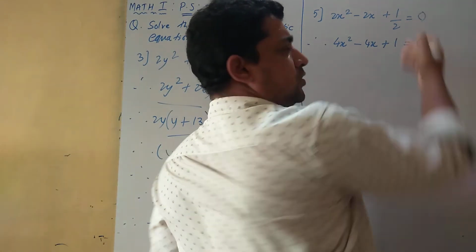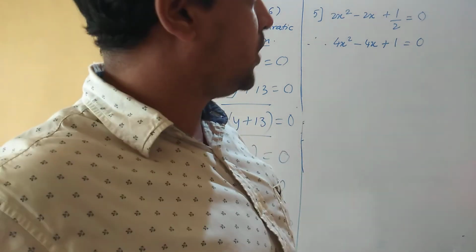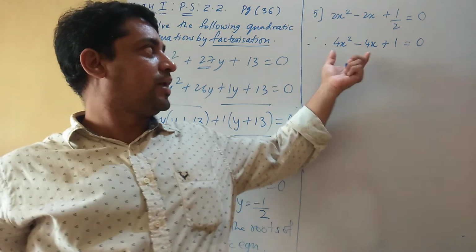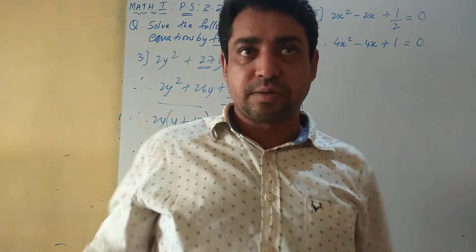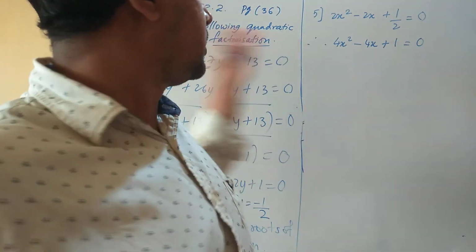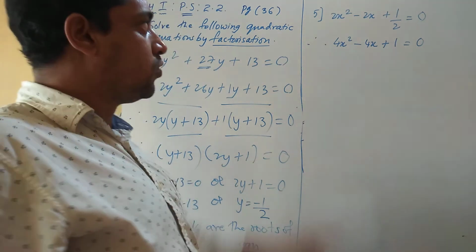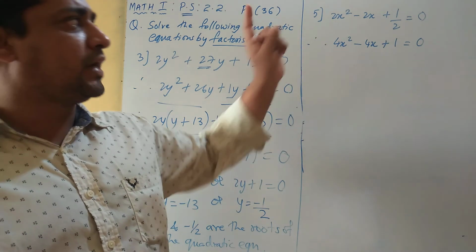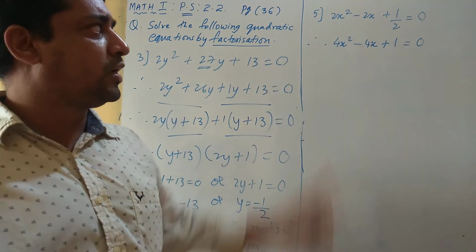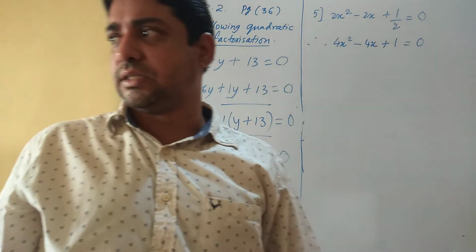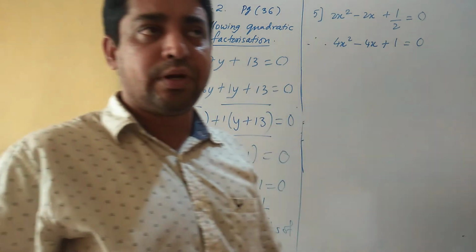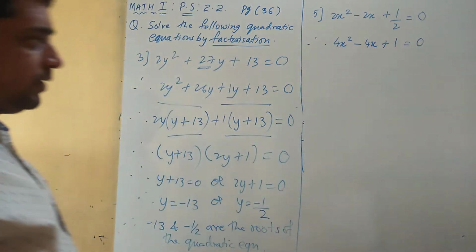I am multiplying this 0 also with 2, but 0 into anything is 0. So that's your proper quadratic form. Here the fraction has disappeared now. Okay, now the sum is the same as the other sums. So even the sixth sum is like this. You have to do exactly like this only. Whatever number is in the denominator, multiply both sides by that number, and your fraction gets eliminated, and then the procedure will be the same.